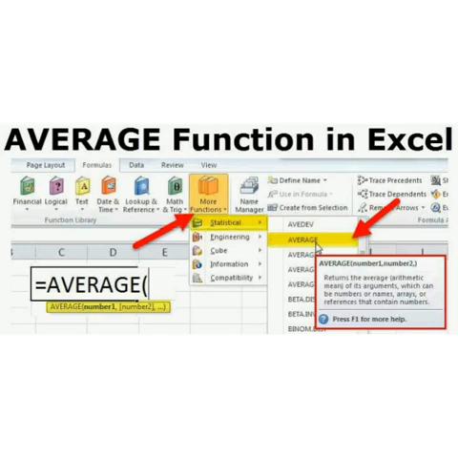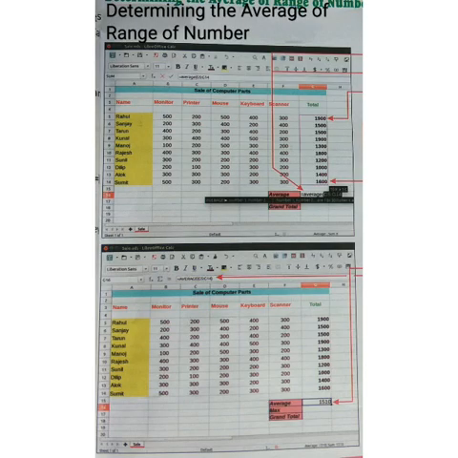To understand it in a better way, you can see the image on your screen. That is the Calc window. On that window you can see the heading "Sale of Computer Parts". There we have the names of the salespersons on one side: Rahul, Sanjay, Tarun, Kunal, Manoj, Rajesh, Sunil and so on. And just after that you can see the computer parts: monitor, printer, mouse, keyboard, scanner.